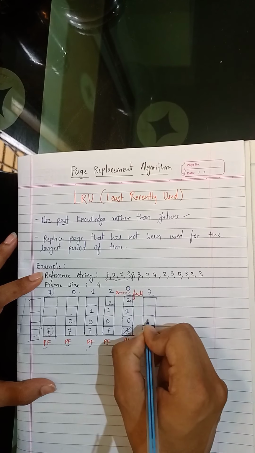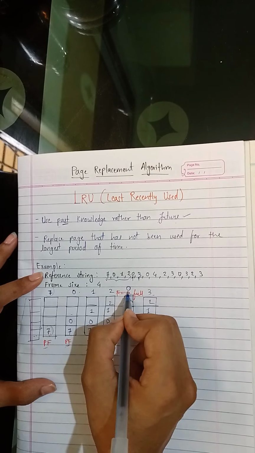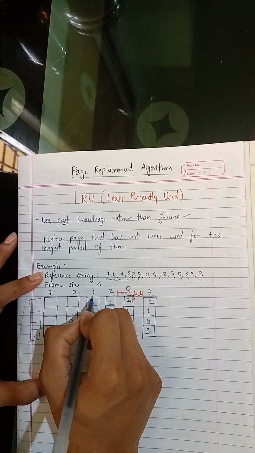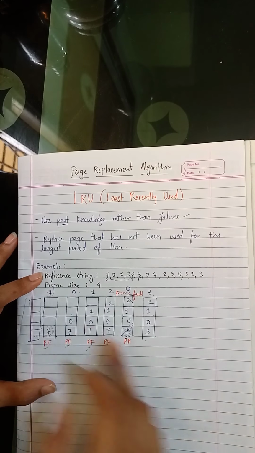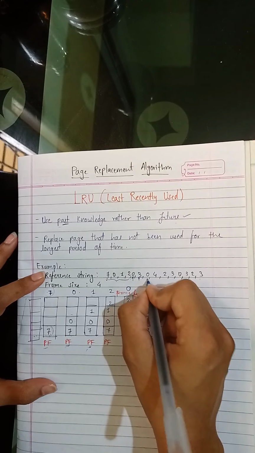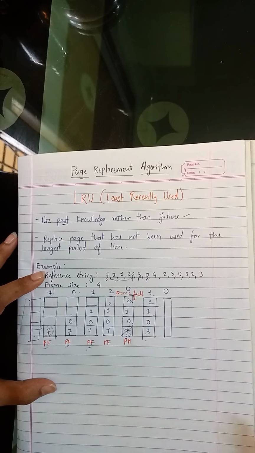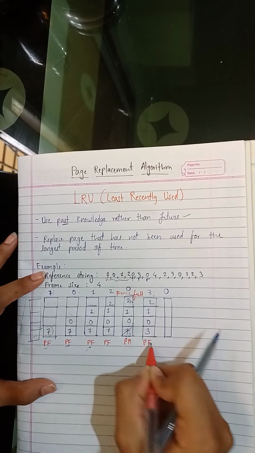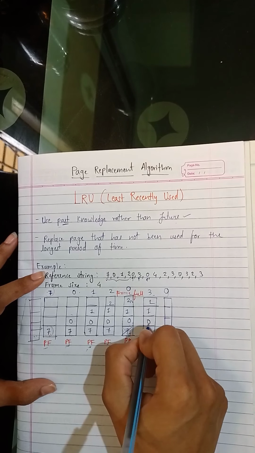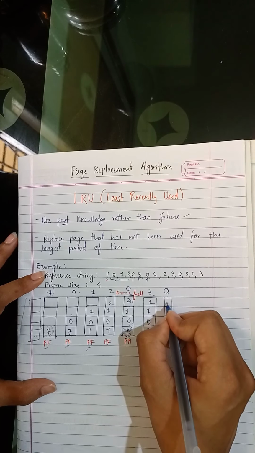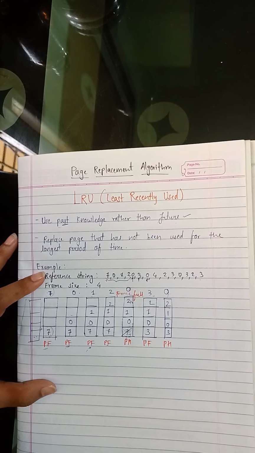So we put 3 here, along with 0, 1 and 2. Among 2, 1, 0 and 7, the recently used ones are 0, 2 and 1, and 7 is the earliest, so you have to replace 7 by 3. Mark it as a page fault. Next we have 0. For 0, we already have 0 present here, so we keep the pages as they are and mark it as a page hit.